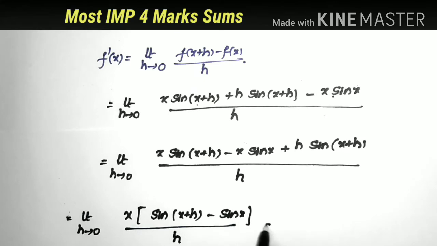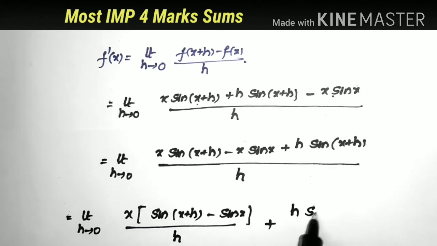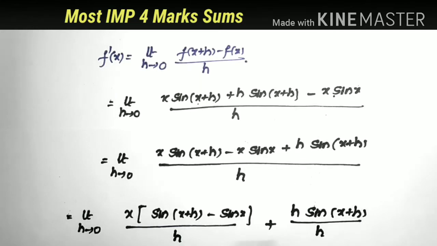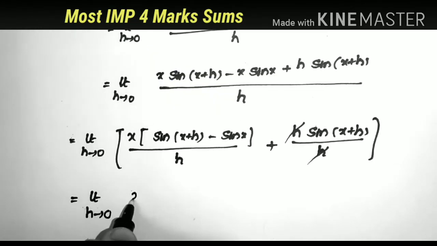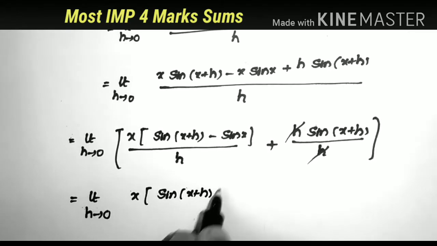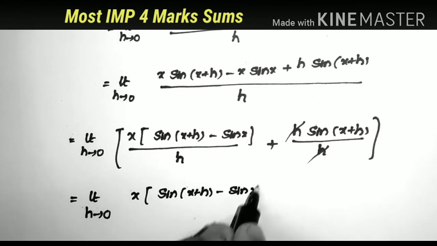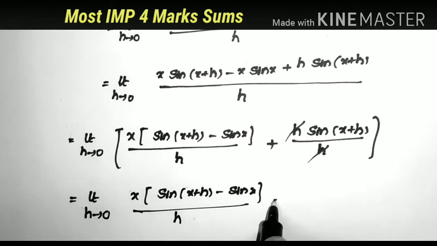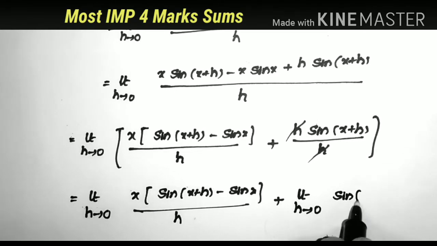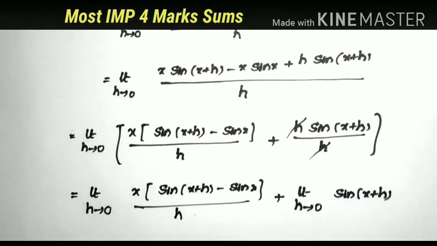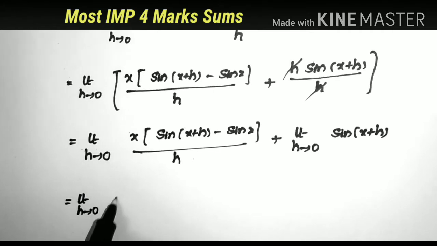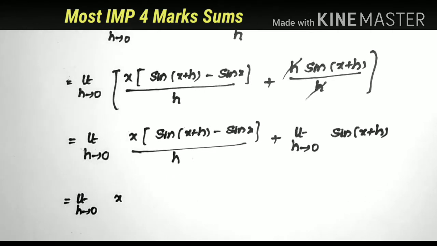Now separating the denominator, plus this value h into sin of x plus h by h. Limit h tends to 0 of x into sin of x plus h minus sin x by h, plus limit h tends to 0 of sin of x plus h, and this is equal to limit h tends to 0 of x into,